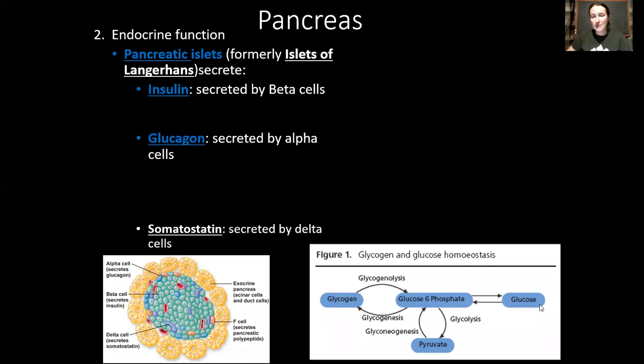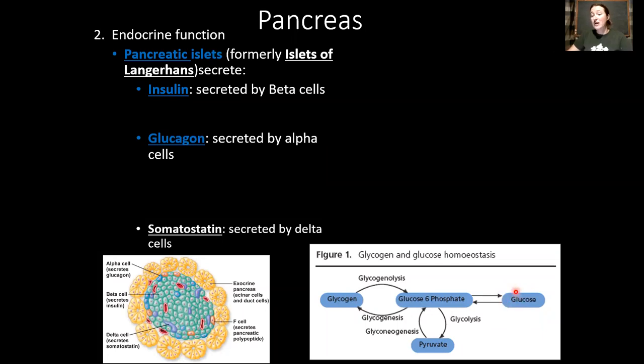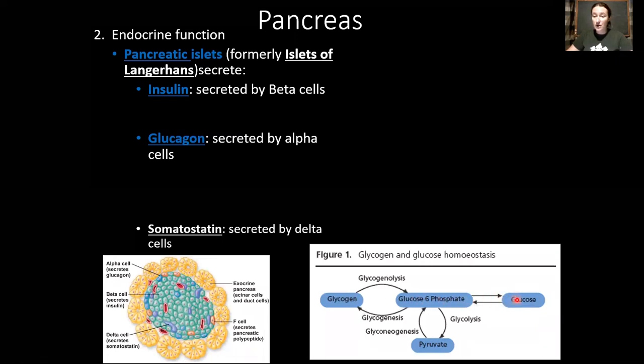And so I bring up this image right here to show you that glucose is what is absorbed into the blood after digestion. Glucose can be utilized by our tissues to create ATP. So here is glycolysis making pyruvate. Pyruvate can then be used by the mitochondria to make lots and lots of ATP, right? So we can either directly use the glucose in our tissues or we can store it. Glucose can be stored as glycogen, this polysaccharide molecule. And the process of taking glucose and storing it as glycogen is called glycogenesis. We are literally generating glycogen.